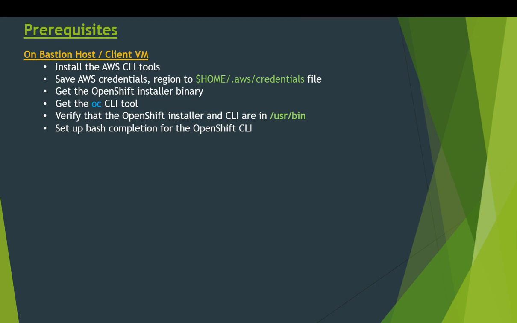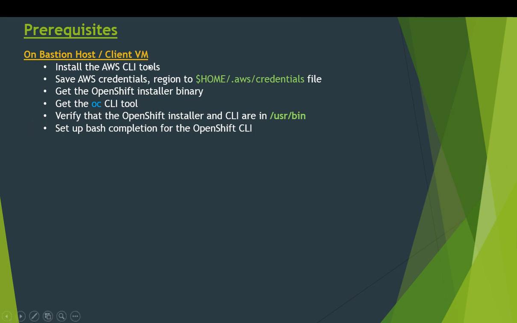Then we have to get the OpenShift installer binary, meaning we have to download the OpenShift installer binary and untar or unzip it. Then we have to get the OpenShift client CLI tool, command line interface tool, so that we would be able to run the OpenShift commands.